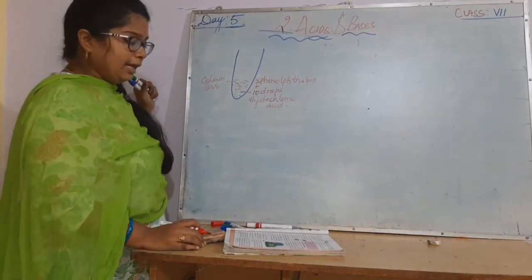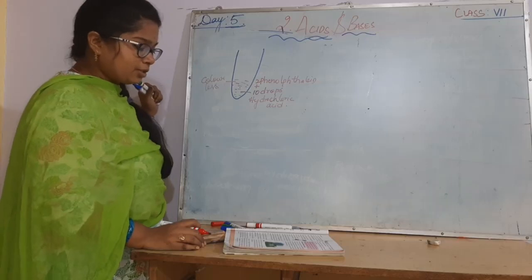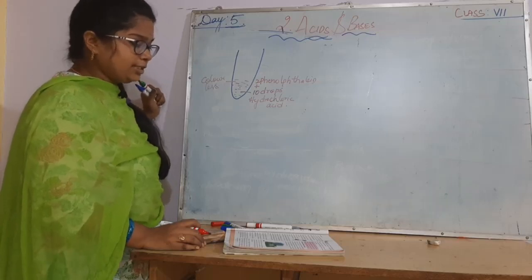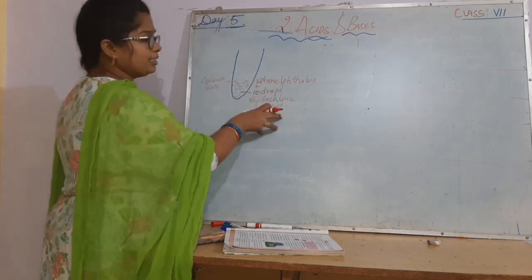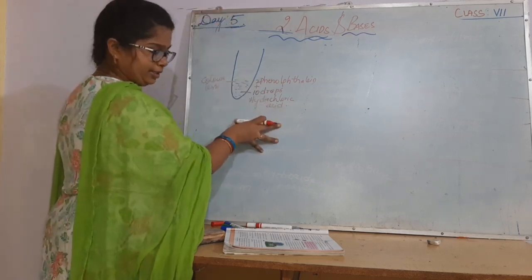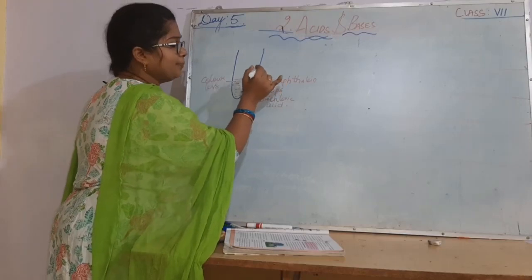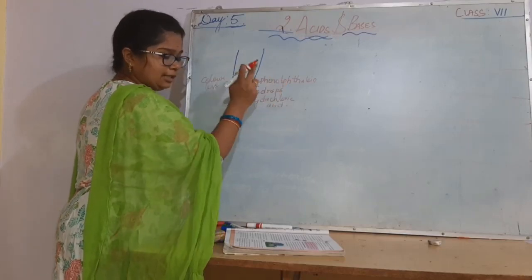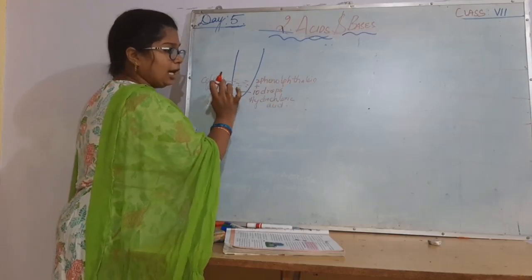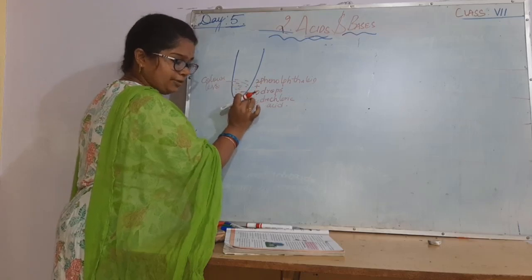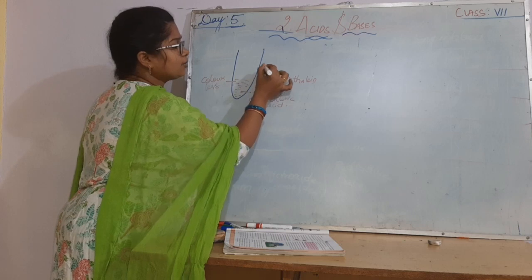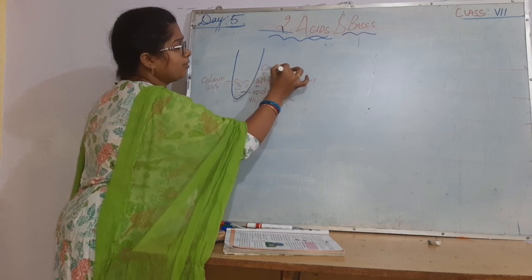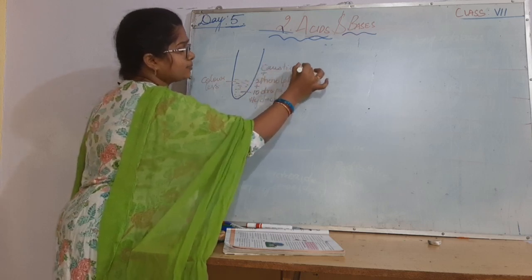Now, add caustic soda solution whose concentration is equal to hydrochloric acid. Caustic soda is nothing but sodium hydroxide. Sodium hydroxide is a base. Now hydrochloric acid is an acid, right? Caustic soda is a base. How much do you have to add? 10 drops of this you have taken now. With that same concentration you take caustic soda also, sodium hydroxide, which is a base.